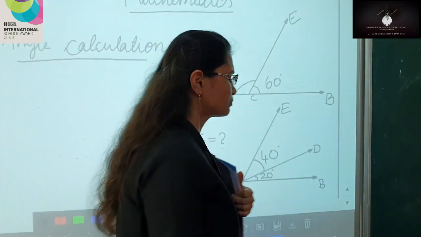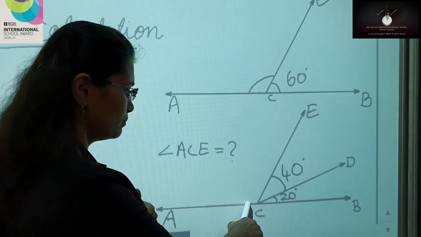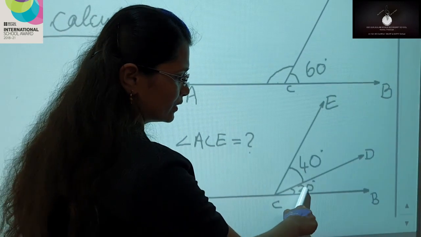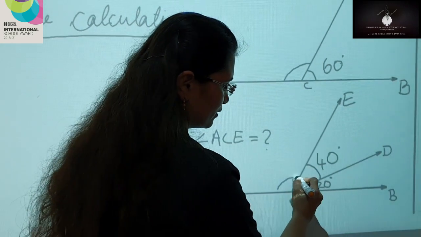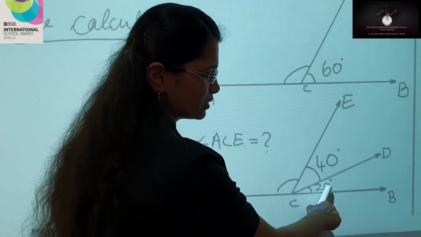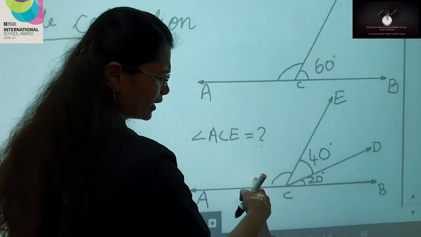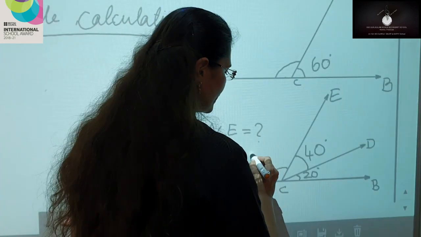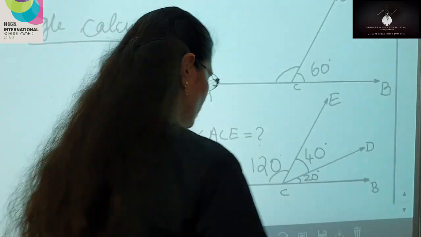That is a straight angle. So here the complete angle from here to here, that is 180 degree. Here it is given 20, here it is 40 degree. So how to find out this angle? Total is 180, 180 minus this angle, 20 plus 40. What is 20 plus 40? 60. 180 minus 60 is equal to 120 degree. Check whether this is correct or not.